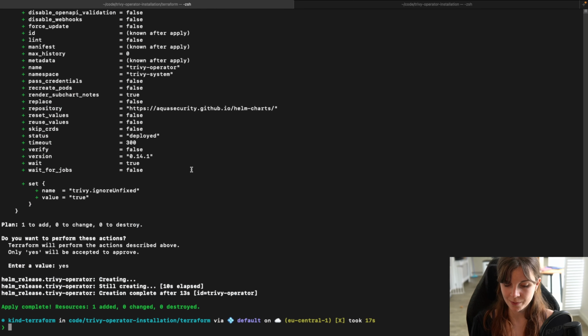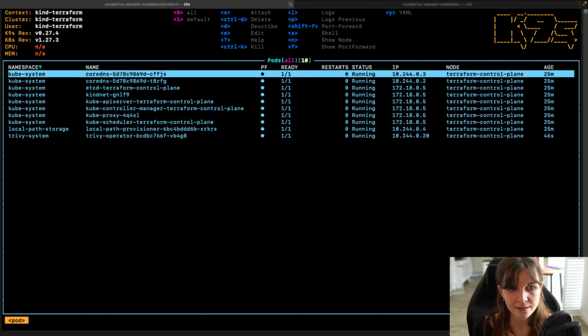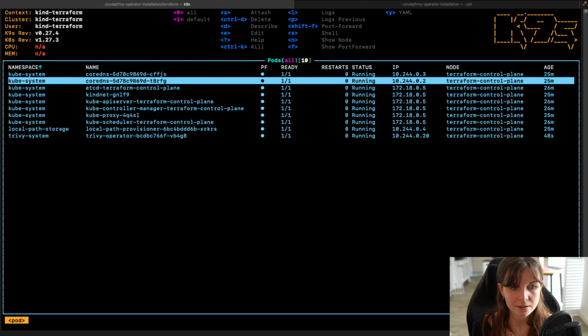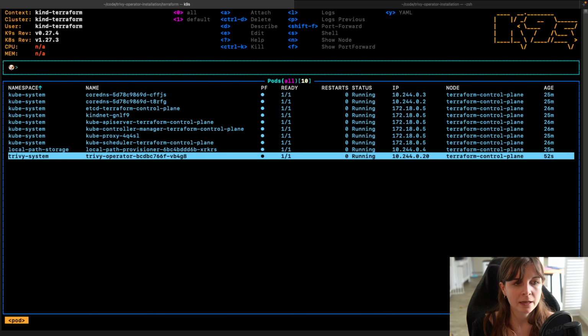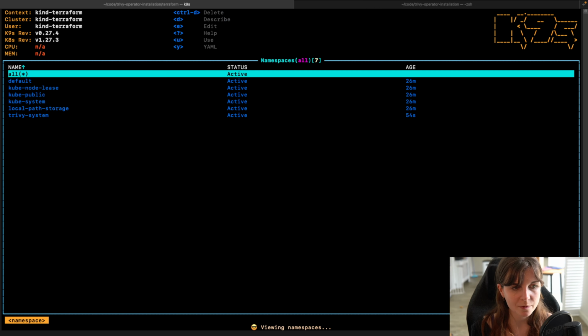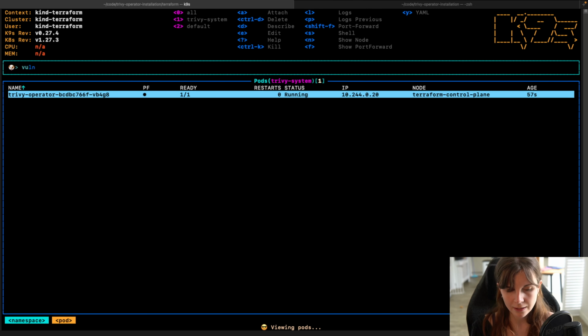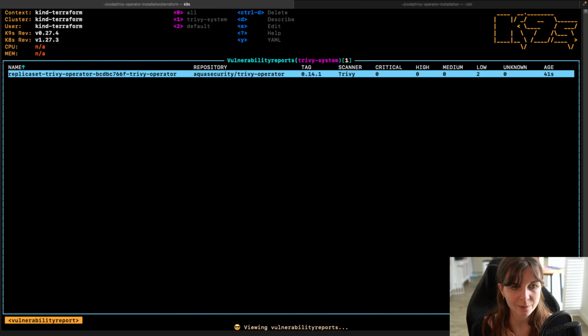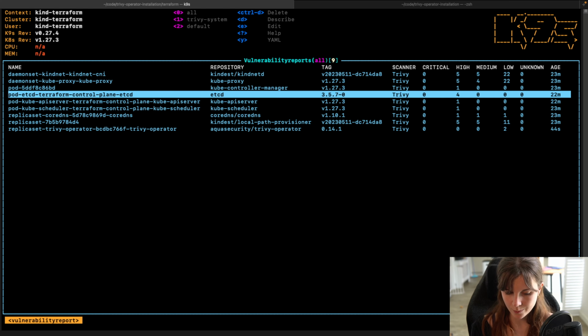So back in the terminal, we can look at our Kubernetes cluster. So I'm just going to open our Kubernetes cluster in K9s. And here we can now see that there's a Trivy system operator pod running. I can look at the different namespaces within my cluster. Here's the trivy-system namespace. Here's the Trivy operator. I can see if I already have any vulnerability reports. I do. So here are my vulnerability reports,